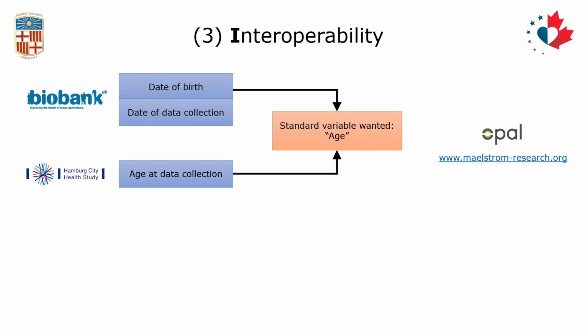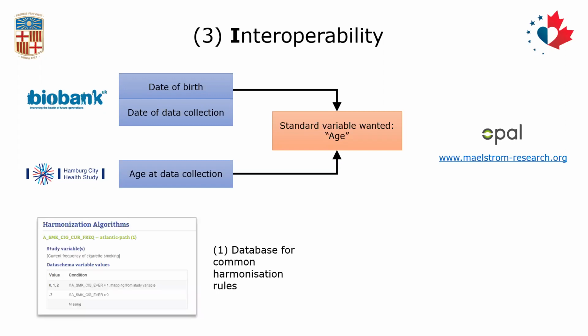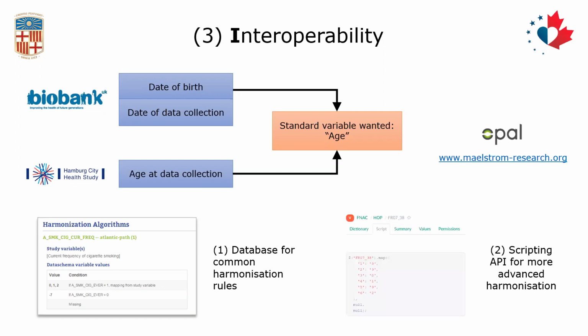And in You Can Share, we're going to use, again, a tool from Maelstrom Research called Opal, which is basically a database of harmonization rules. So the user can search in the database to find a harmonization rule and then apply it. Or if the harmonization doesn't exist, there is a scripting API that can be used to actually create a new rule and then store it in the database. So that's one source of